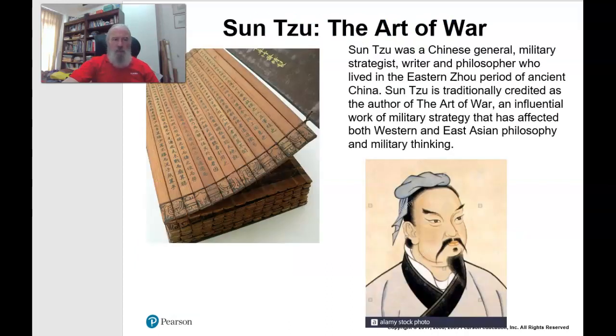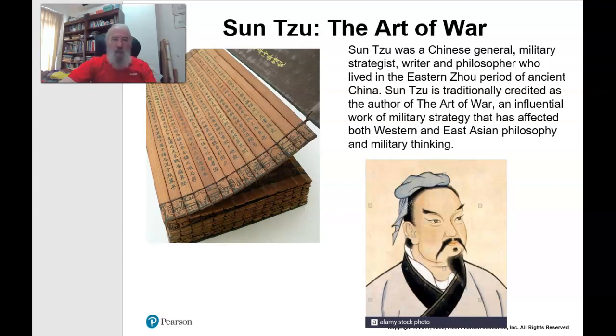Now, Sun Tzu was the author of a book, and you can see how it was first written there on these little wooden slats. His book was The Art of War, and he wrote this centuries ago, and it's still very relevant even today. It's used in business, it's used in marketing. As I mentioned before, the term strategy comes from strategos, the Greek, which is basically how to lead an army. So a lot of marketing strategy jargon, in fact, comes from Sun Tzu.